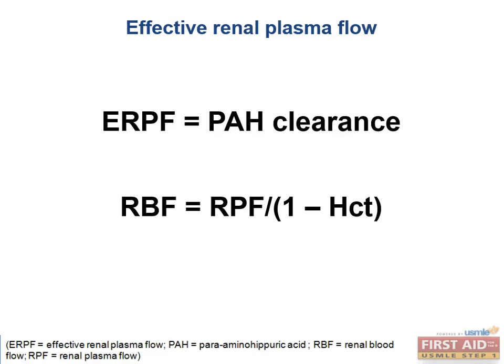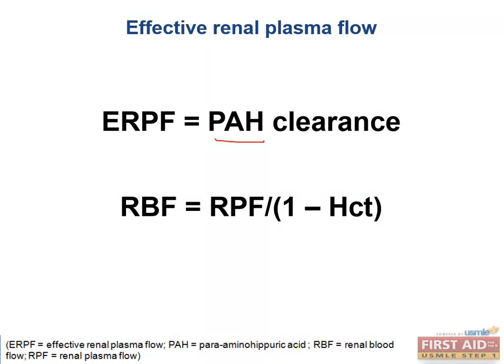Effective renal plasma flow, or ERPF, is the amount of plasma flowing through the kidneys per unit time. It's estimated using para-aminohippuric acid clearance. Now, PAH is both filtered and actively secreted in the proximal tubule. Because almost all of the PAH that enters the kidney through the renal artery will be excreted, we know that